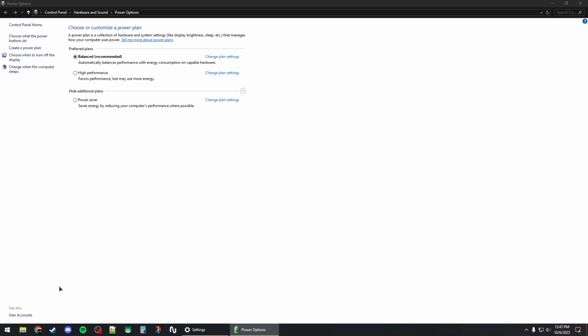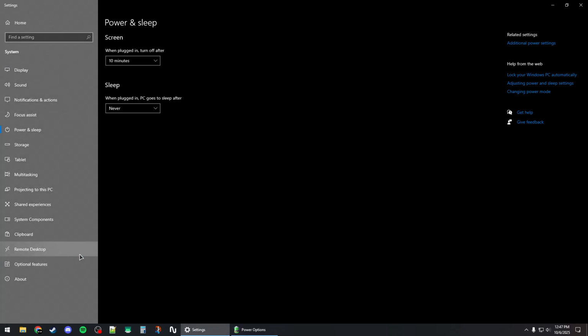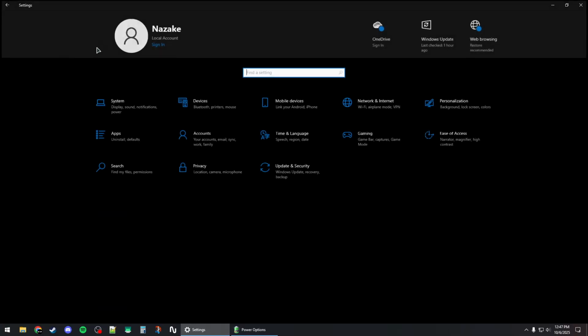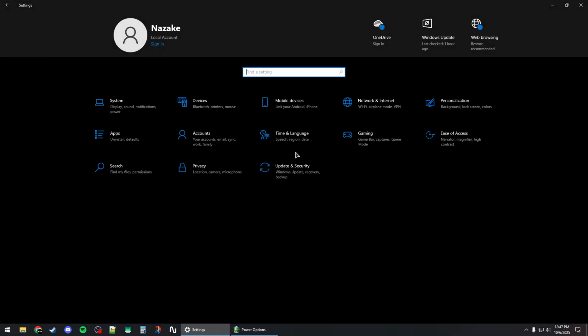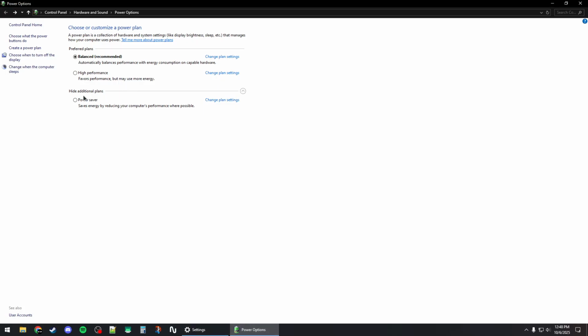For Windows 11 computers, you should find this under the settings. If you go to settings and then power and battery, and from there you should be able to choose the power mode for plugged in and on battery modes. And you can also customize the power plan by going to this page for the power options and click on